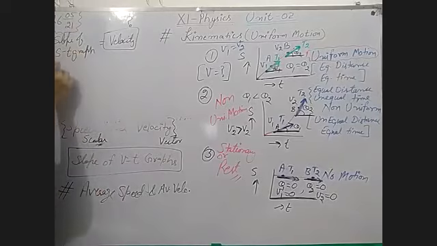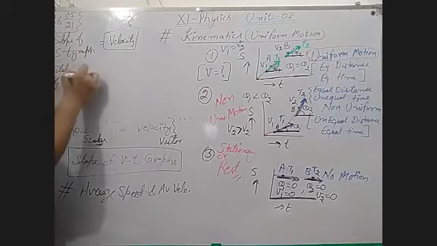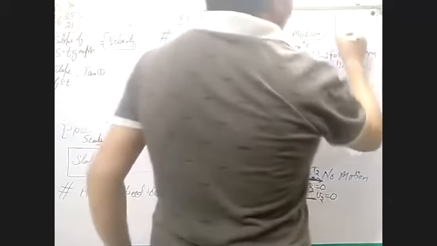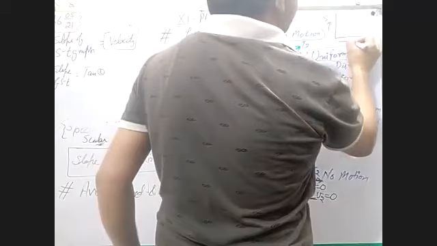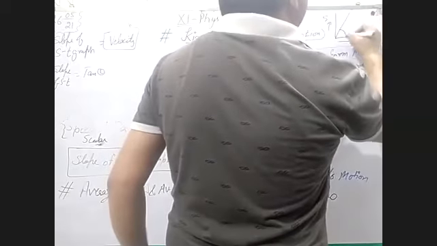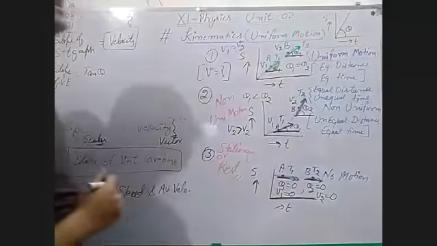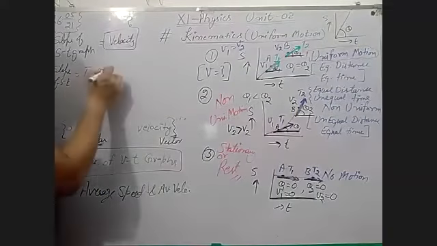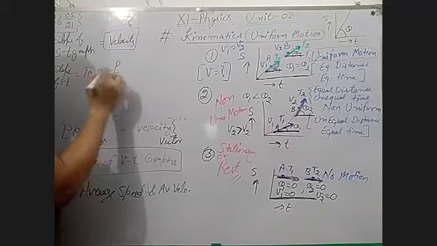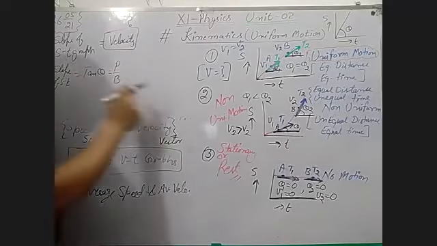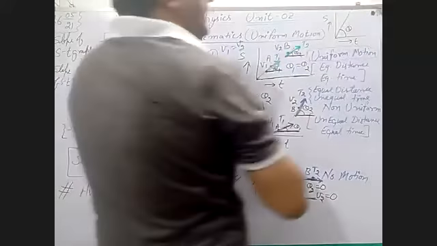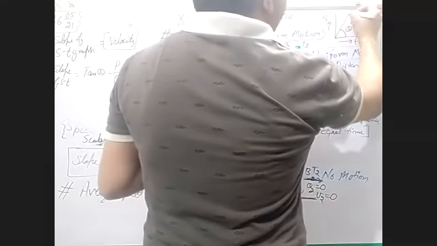Now prove this. We know that slope of ST is equal to tan theta. Take here, this is S, this is T, and this is the graph, and this is the angle theta. In this way. The slope of the ST graph is equal to tan theta. Now solve this tan theta. We know that tan theta is equal to perpendicular upon base. Now, this is theta, but where is the perpendicular and where is the base? Let us take a point A on this graph.